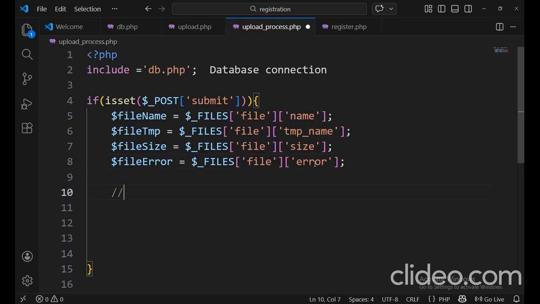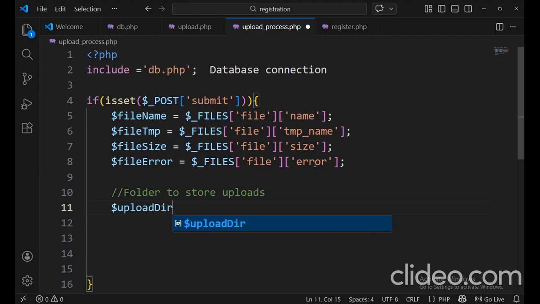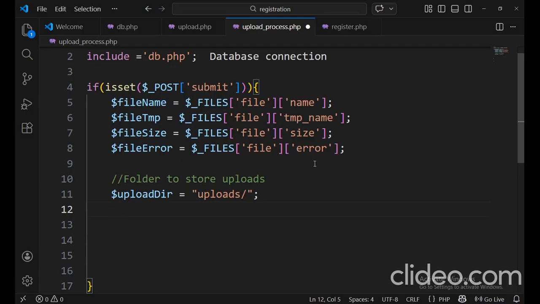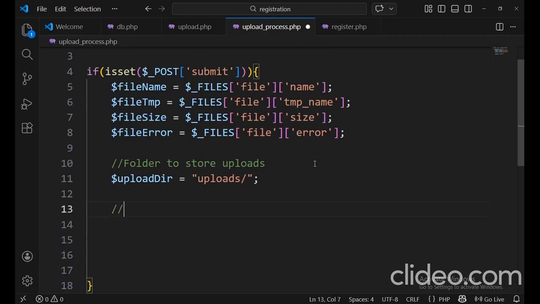Now the folder to store uploads. To create the folder, $upload_dir, okay, and uploads, and to create a folder if it does not exist,